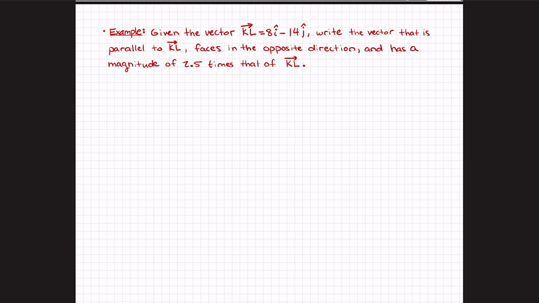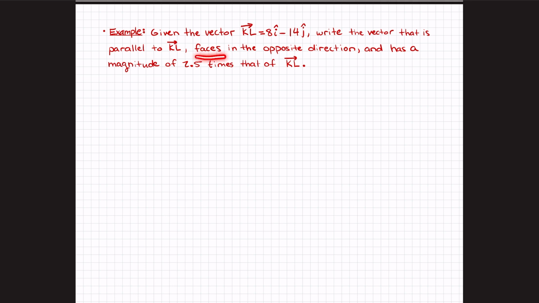One more example I want to run with you is: given vector KL, which is written in its component form 8i hat minus 14j hat, write the vector that is parallel to KL but faces in the opposite direction and has a magnitude 2.5 times that of KL. All right, so essentially we're going to do two things here, and there's no need to really model this on a grid. What we're going to do here is algebra,